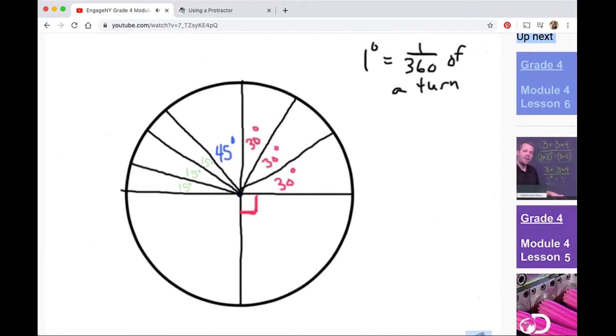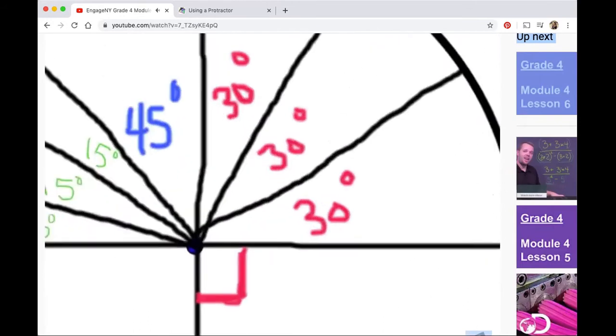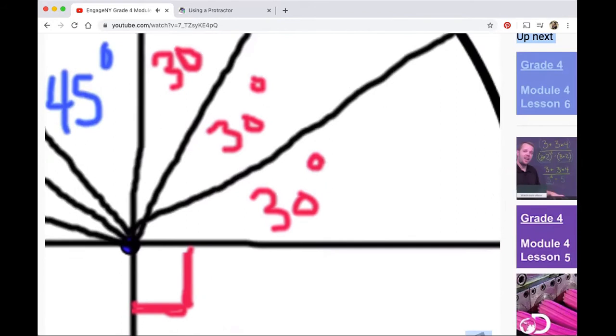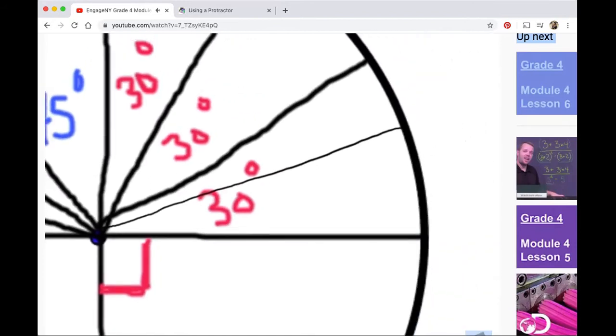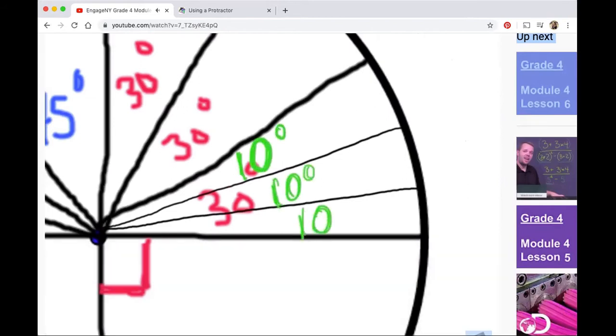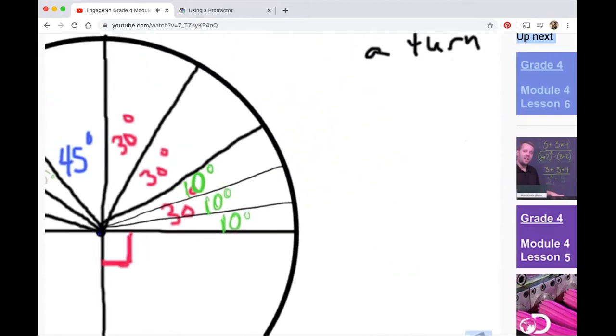I can take my 30 degrees, and let's zoom in on this 30 degrees here. I can't erase this 30, so I'm just going to take it and cut it into 3 equal pieces. 1, and 2, 3, there. So now what did I just do? Well, I just created each one of these is 10 degrees. So I'm going to label this 10 degrees, and now I'm going to zoom out, and